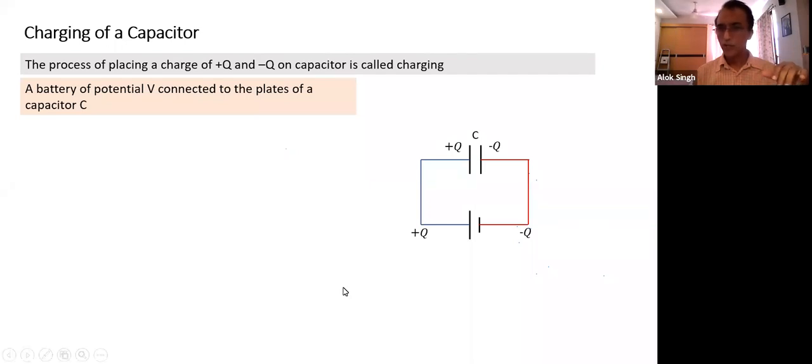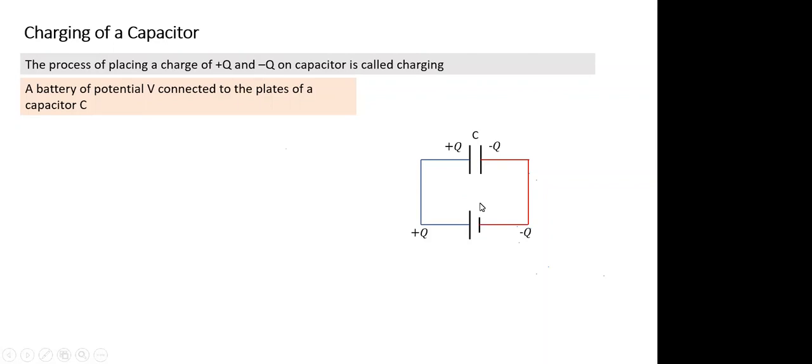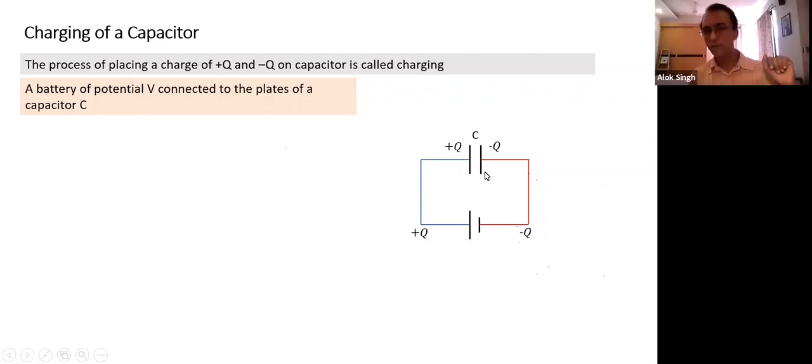And similarly, if I connect, the left plate of the capacitor will acquire the same potential as the positive terminal, and the right plate of the capacitor will acquire the same potential as the negative terminal. In other words, the potential difference across the capacitor will become the same as the potential difference across the terminals of the battery. That's a steady state. Until then, the charge transfer will keep taking place. How long will the charge flow? Till the potential difference across the capacitor becomes equal to the potential of the battery.